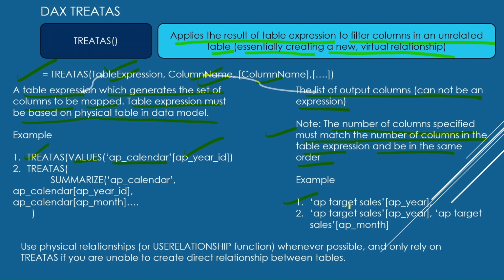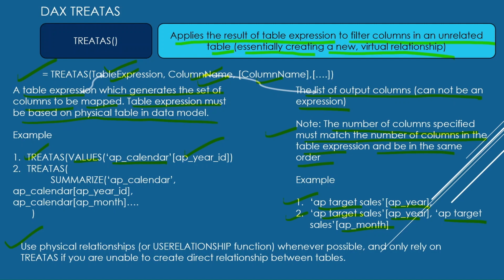The example is AP Target Sales, and this is the AP Year. We can also give AP Target Sales, AP Year, and AP Target Sales, AP Month. Here we have given two columns. Here we have given one column. This is very important, right? Use a physical relationship or the USERELATIONSHIP function whenever it is possible, and only rely on TREATAS if you are unable to create a direct relationship between the tables. Then only